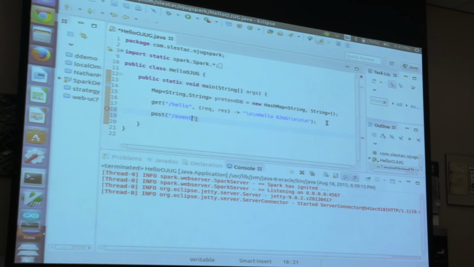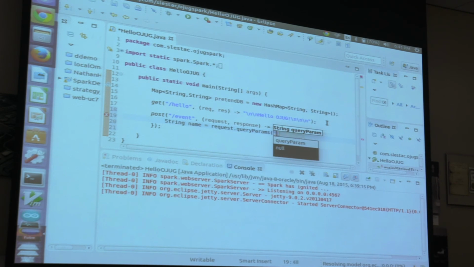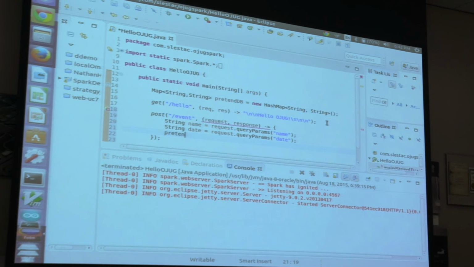We're at a meetup, so why don't we build something to manage calendar or events? Silly thing. There we go. So I'm going to capture a name. And I want to capture a date. So put that here as well. And I'm going to put those in my